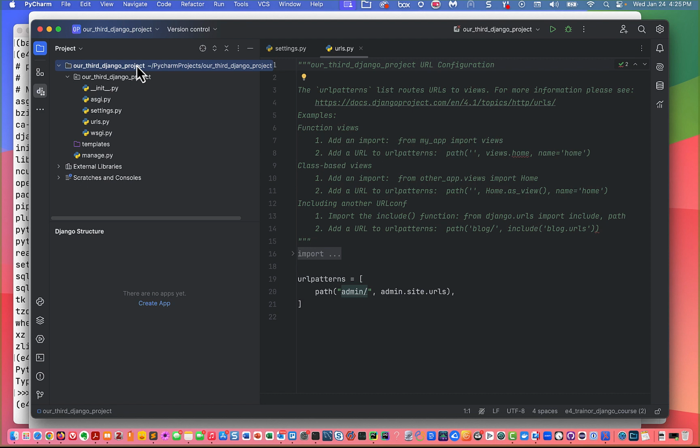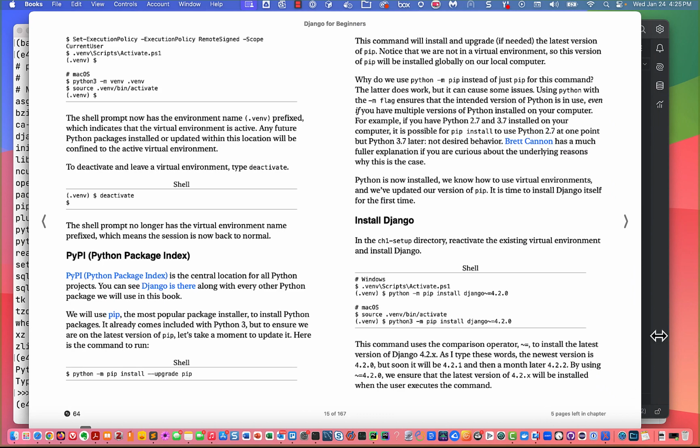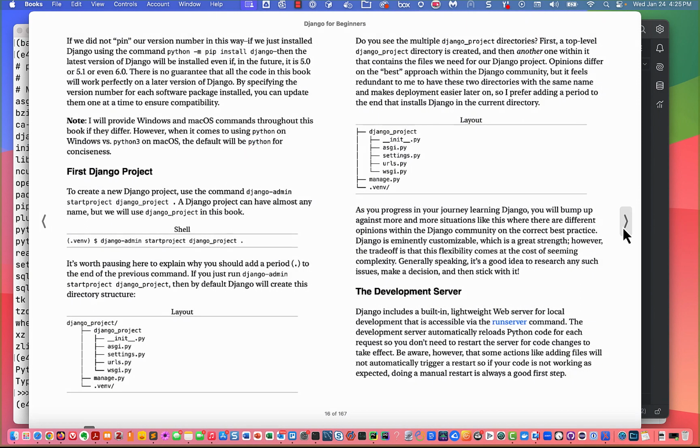Now you can come back and I'll show you how to do it. You can come back and work with PyCharm on a project that you created at the command line, and I'll show you how to do that. But the real use case for us in doing that is if we're doing one of these projects from the book, okay, you'll see that